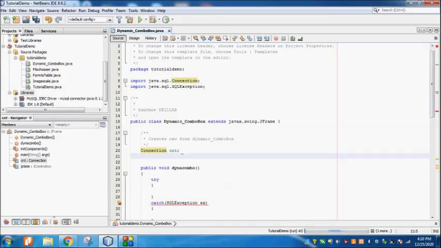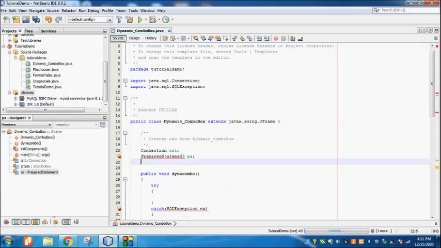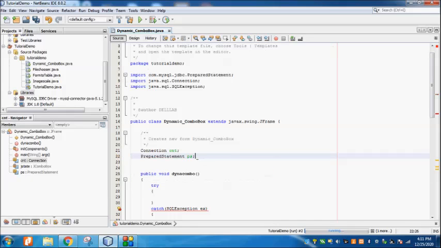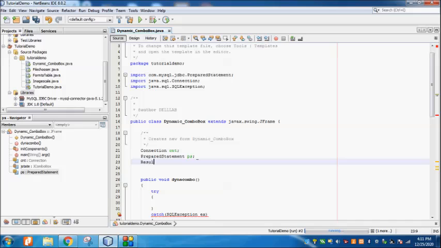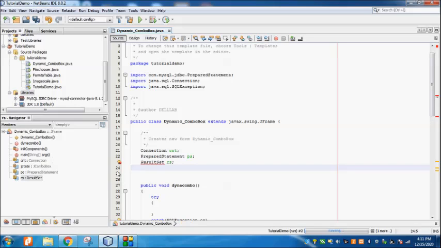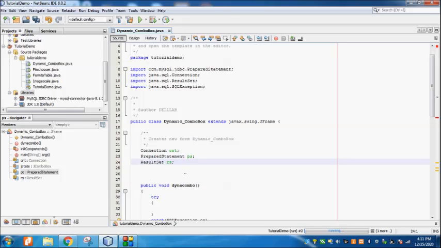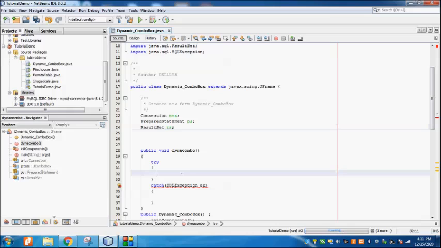After Connection, I'll define one more variable, PreparedStatement. The name for that is ps. Then ResultSet, import java.sql.ResultSet.